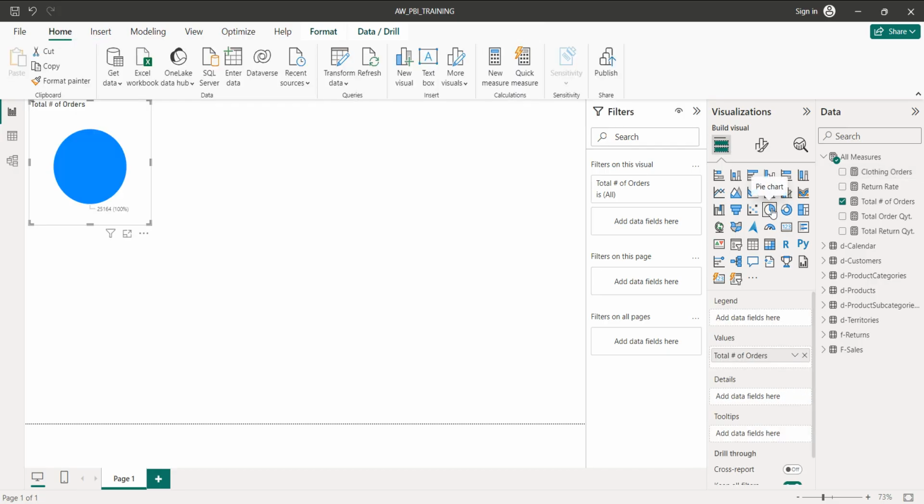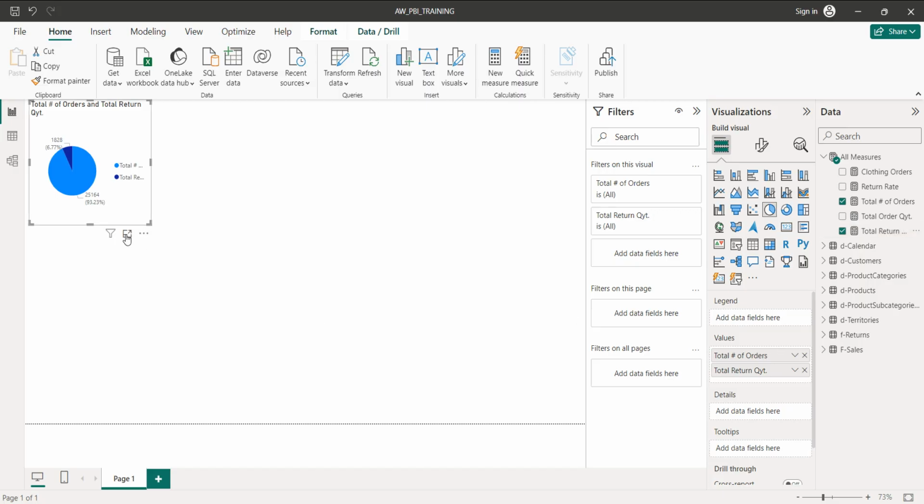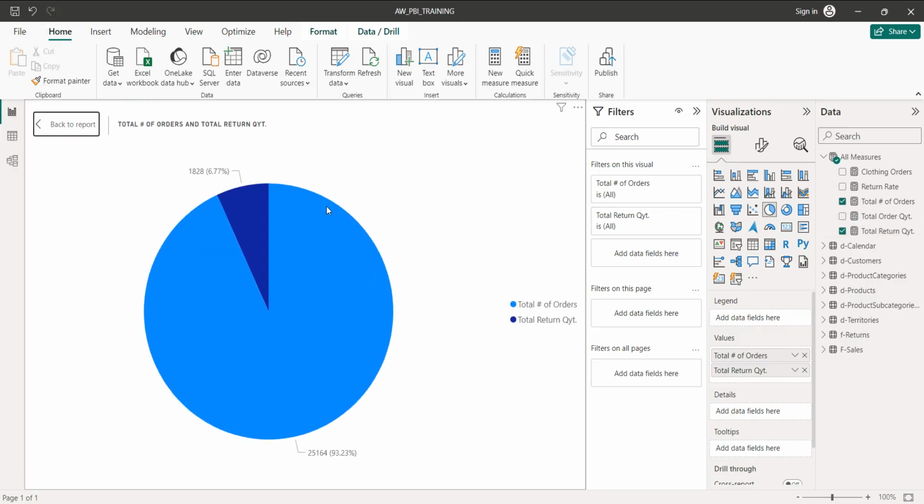It will reflect it. Let me put this in focus mode so you get to know it. The total number of orders is this much, 25164, 93.23, and the total return quantity is